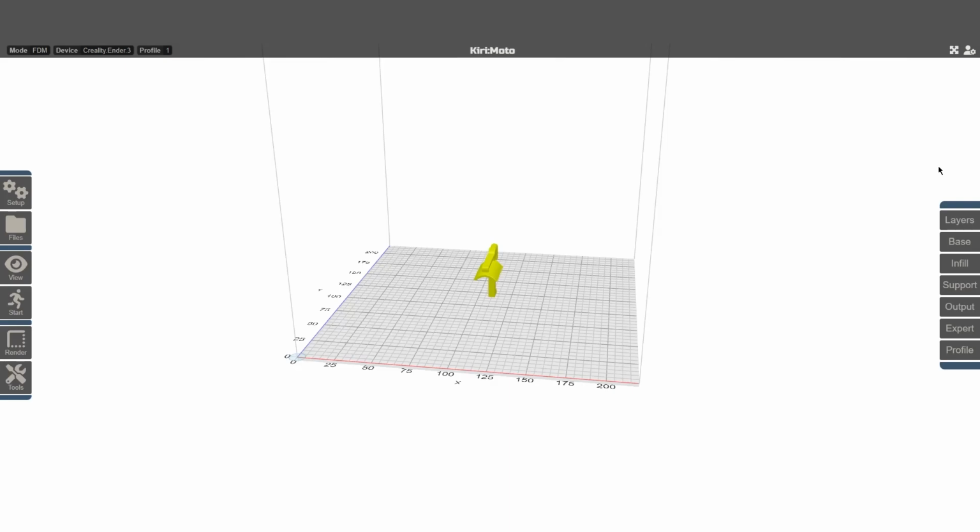Moving on to the right column, we find all the options related to the printer and the printing methods we want to use. As the first option, we find Layers, which allow us to generally change the height of the layers or even modify the thickness of the perimeter of our print. So we can take this number and change it. The program will act accordingly. It started at 5, but if you want something thinner, we can set it to 2, or even go beyond and set it to 10.